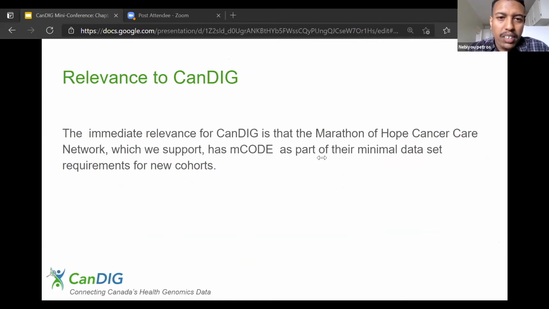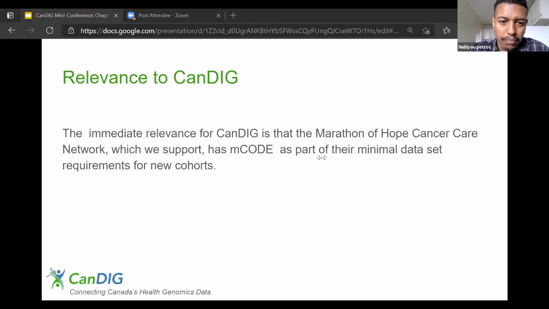So the immediate relevance for CanDIG is that the Marathon of Hope Cancer Care Network, which we support, has mCODE as part of the minimal data set requirements for their new cohorts. The Marathon of Hope Cancer Care Network is the largest of its kind in Canada and aims to create high quality and shareable data sets of 15,000 cases in the next 5 years and up to 100,000 cases within the decade. This data will be collected using mCODE, and as such, CanDIG needs to support mCODE as a